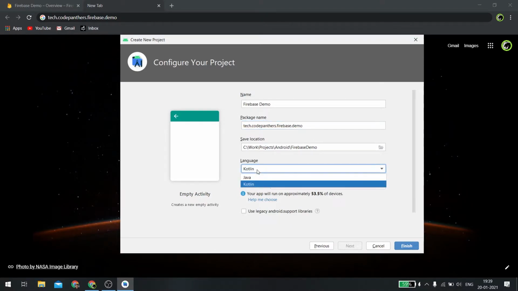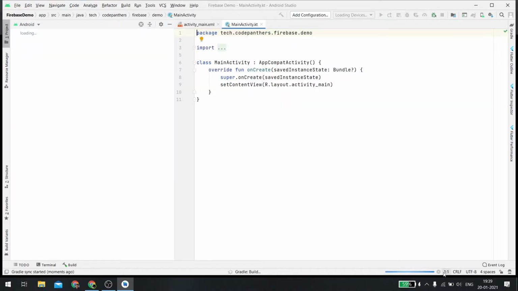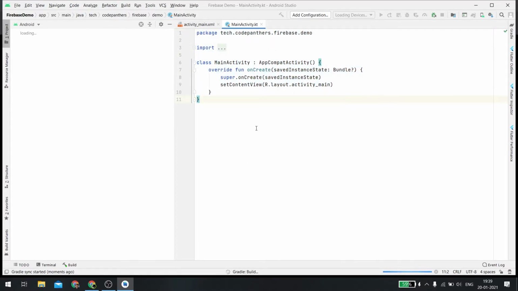Right now we are not concerned about languages or minimum SDK versions because this is just a simple demo project. Okay, click on finish. It will take a bit of time to process and build the Gradle files. Now we will talk about what Gradle is in upcoming time because it is a very important part of Android native development. Also, there is an option for either using Kotlin or Java when using Android Studio. We will also build some more projects regarding that.